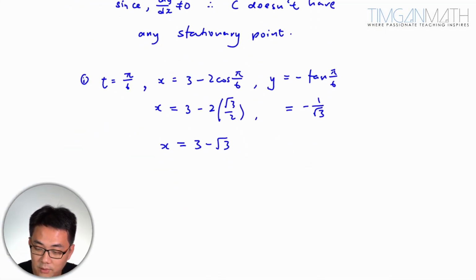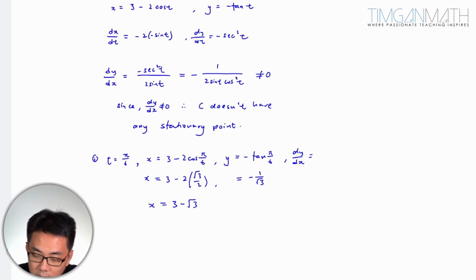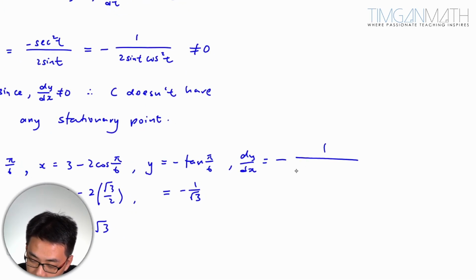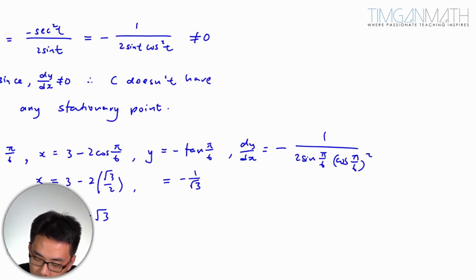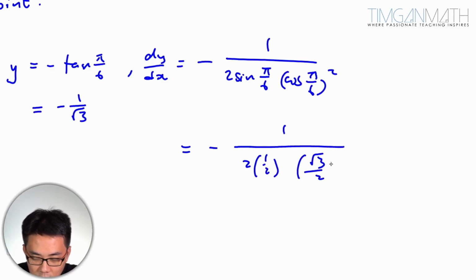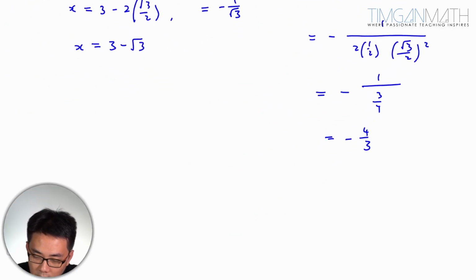So this is done already, and you know that dy/dx is the gradient of the tangent, which will be negative 1 over 2 sine pi over 6 and cosine squared pi over 6. Sine pi over 6 will be half, and cosine pi over 6 is root 3 over 2, squared gives 3 over 4. So this will be 1 over 3 quarters, which is negative 4 over 3. Hence